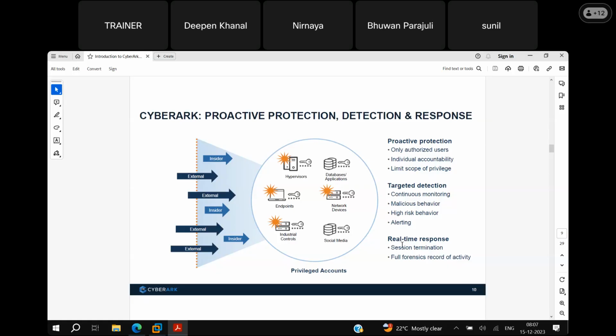We can also provide real-time response. Using session termination, the session will be terminated automatically if we suspect suspicious activity on a particular privileged account, and we have full forensic records of activity. All activities will be audited in the CyberArk product.